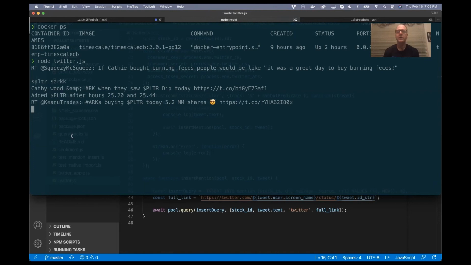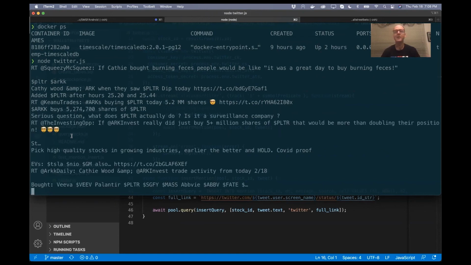Kathy Wood actually runs an investment group called ARK, and they're considered to be like the disruptor. They make investments in a lot of the different disruptive companies out there. And I think I heard somewhere they had like 100% gain from last year, so they've done pretty well. And this is saying that they're actually going out and buying Palantir stock right now. So this is a fund that has a pretty good return on their investment. The fact that they're buying the Palantir stock means that they believe in the stock.